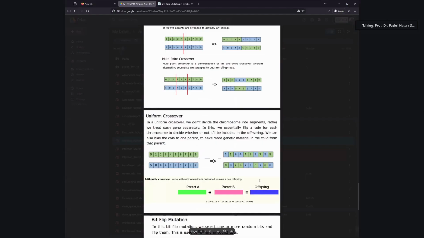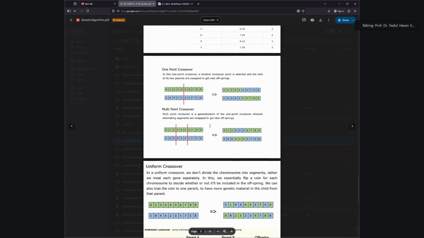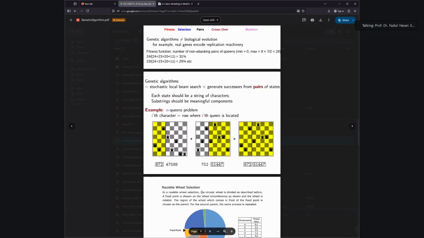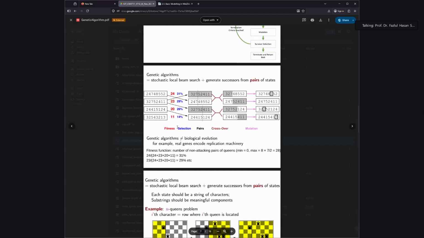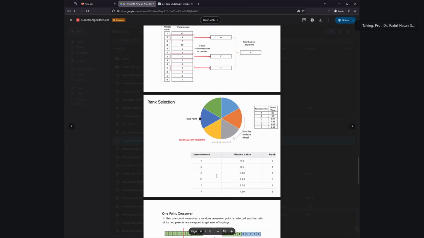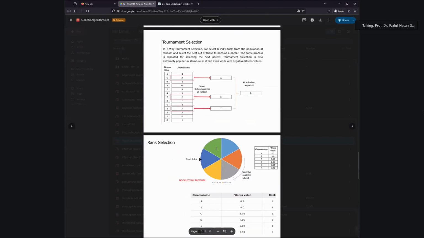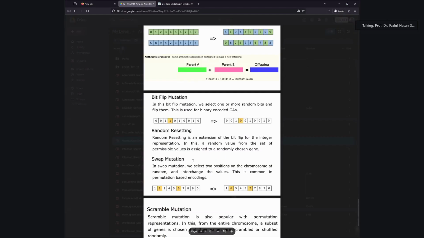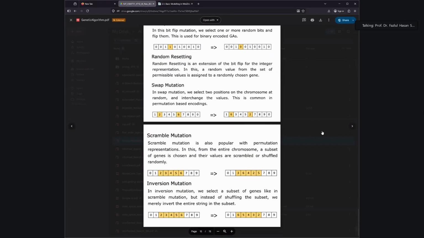Yeah, and then there are some different methods under each of the algorithms, each of the processes. For example, fitness is a general strategy, but what are the different types of the selection process? What are the algorithms for the selection process? Here some are very high level algorithms like roulette wheel, tournament selection, 1 point crossover. And then there are some crossovers, 1 point crossover, uniform crossover, and there are some mutations. These are the things regarding the genetic algorithm.